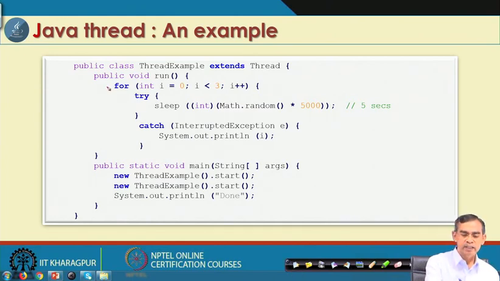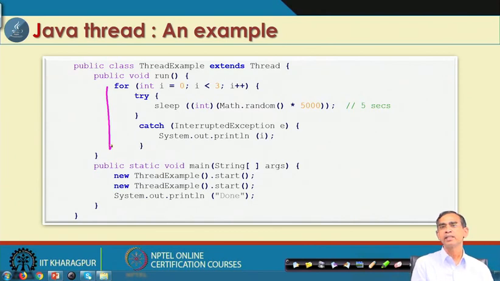Now, as we see, this is the run method. This run method just runs the thread, and the idea is that the thread, for each loop whenever it runs, will first sleep 5 seconds, then again 5 seconds, and then another 5 seconds, like this. So, it is the idea about sleep there. If you print a System.out.println statement before and after sleeping, then you can see that the threads are executed in parallel, wherever they are sleeping intermittently.